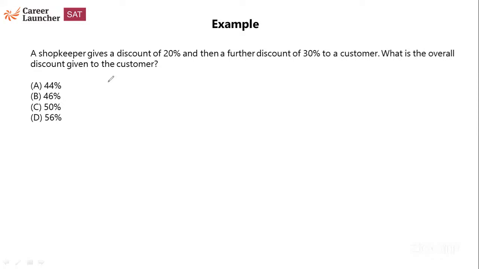It says that a shopkeeper gives a discount of 20%, then a further discount of 30% to a customer. What is the overall discount given to the customer? Now, what's the price of the product? That is not given, right? Discount is given. Let's say the price is 100 rupees. The product costs 100 rupees. There is a discount of